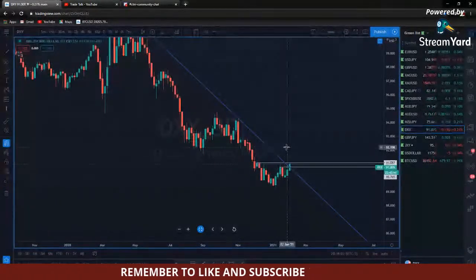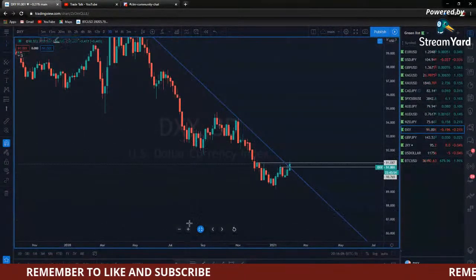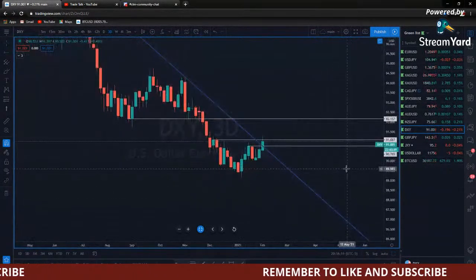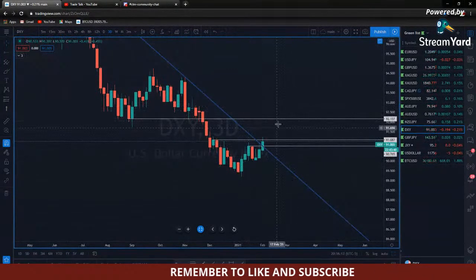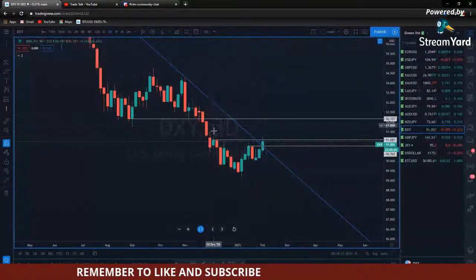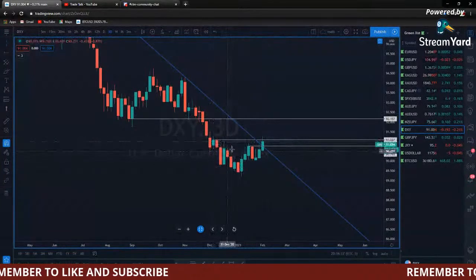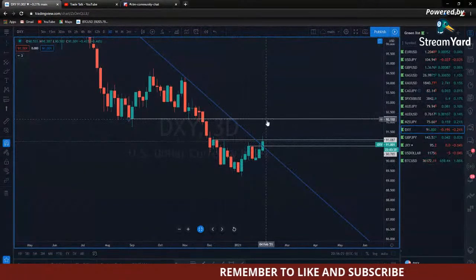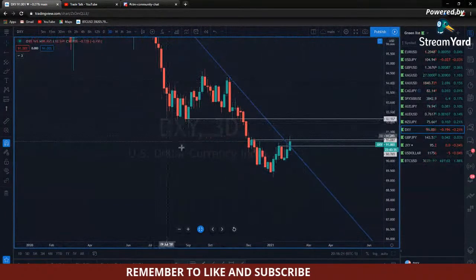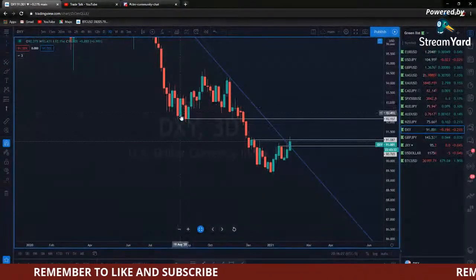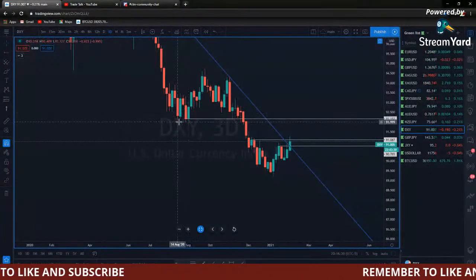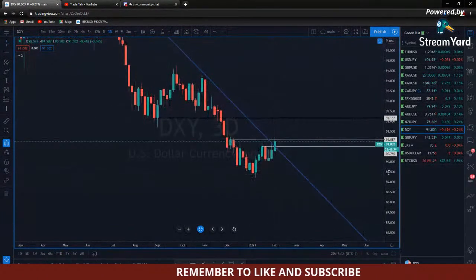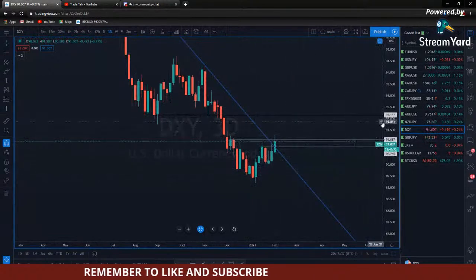And since everybody and their brother is short the dollar right now, I would absolutely be looking for a pop in price to stop out most of the price chasers that got short anywhere here or lower. So this move higher is absolutely going to stop all those people out. Now, if you look at this on a 3-day time frame, you can see that this lower market structure here, these are 3-day candles. That is a great area to look for a resistance hold if this continues higher. That level is